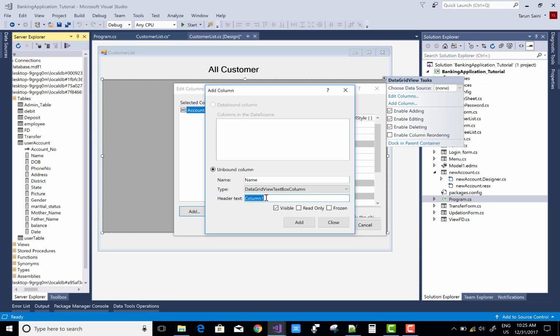Okay. So in the header text you can enter user friendly text, and the name of the column must be unique, because the name of a column represents a unique text box. So each text box in the data grid view must be unique. If you put the name as, like, your name, then you must get an error. You can check in the name text box name. Okay,